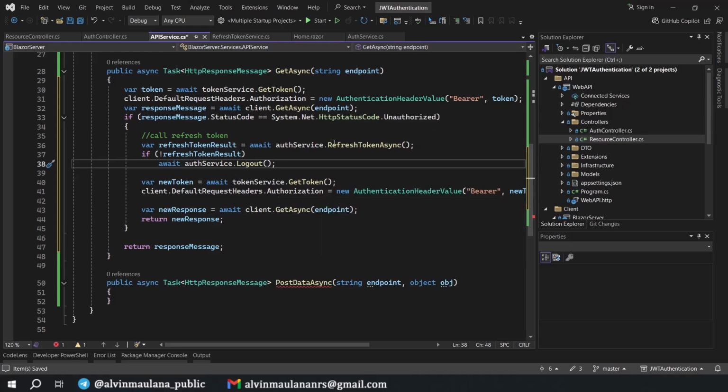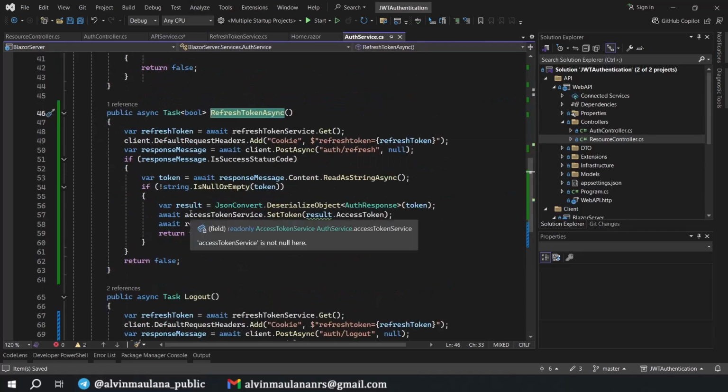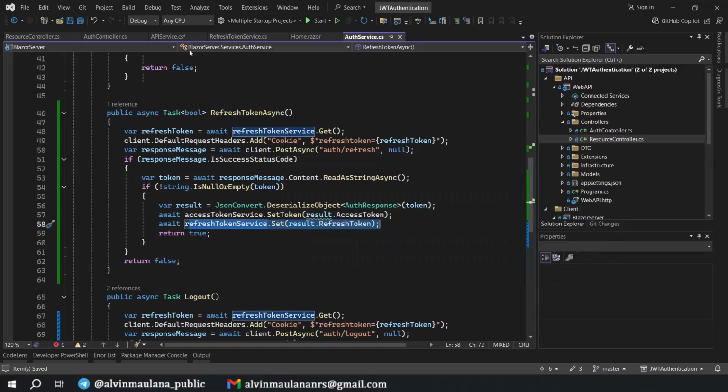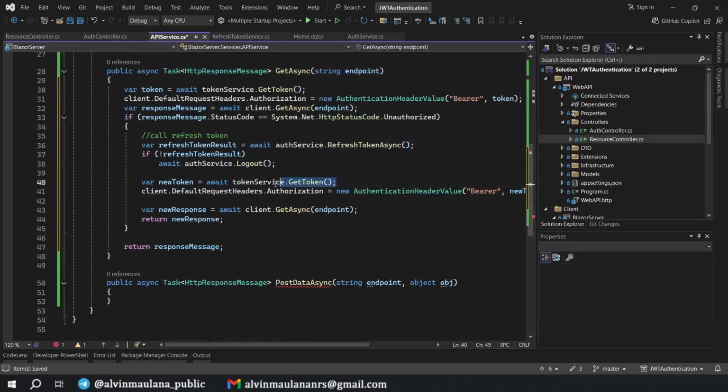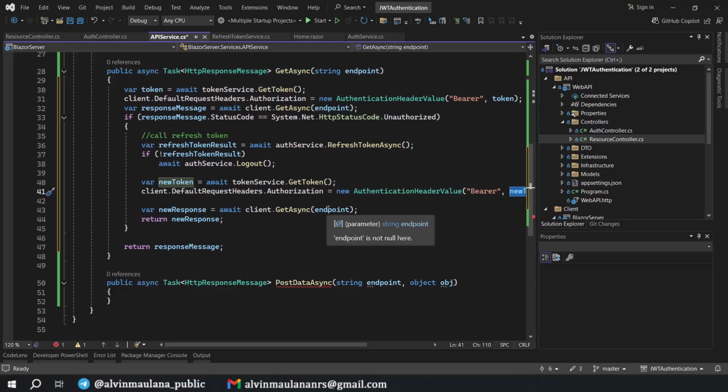So if the refresh token is successful, we should have, let me check, here we should have set the new access token and new refresh token in our storage. And then by this we can just get the new token, and then we call this endpoint in the parameter one more time with the new token. And whatever the result, we will return the result to whoever is calling this function. So if unauthorized again, we just return unauthorized.